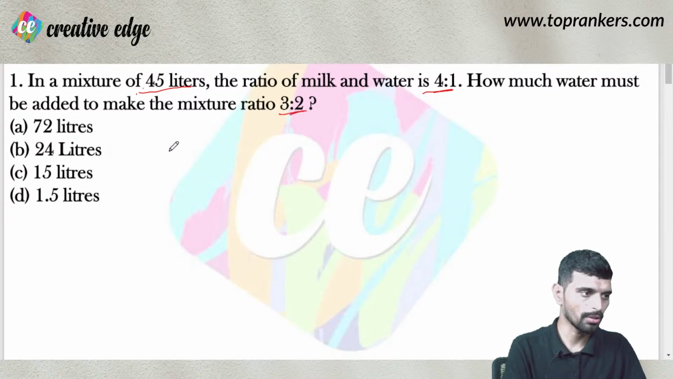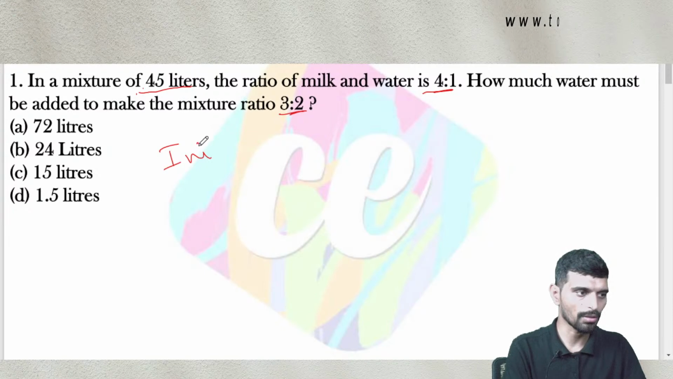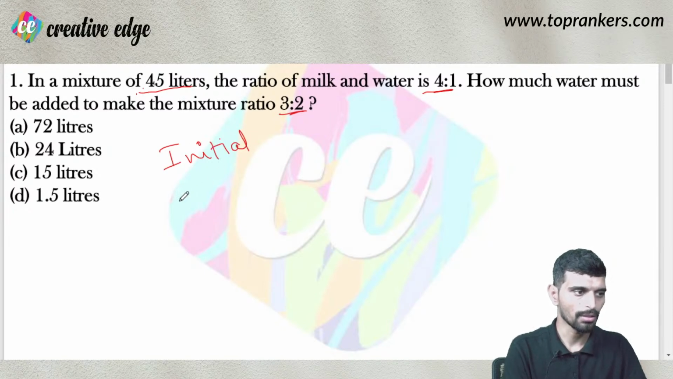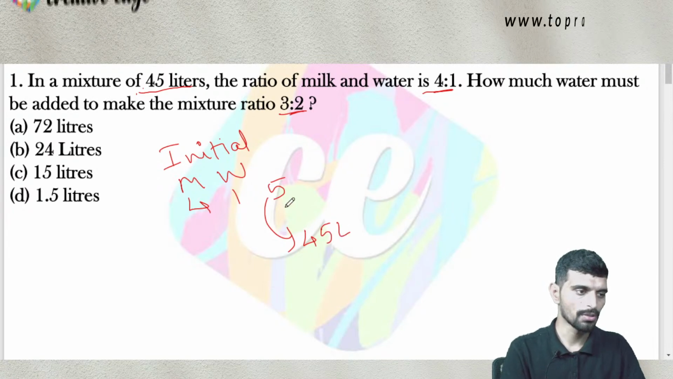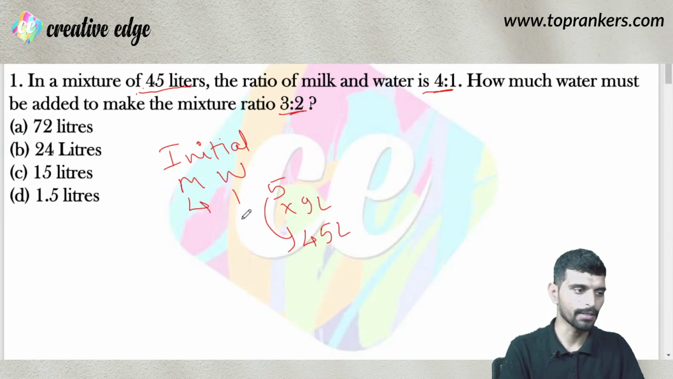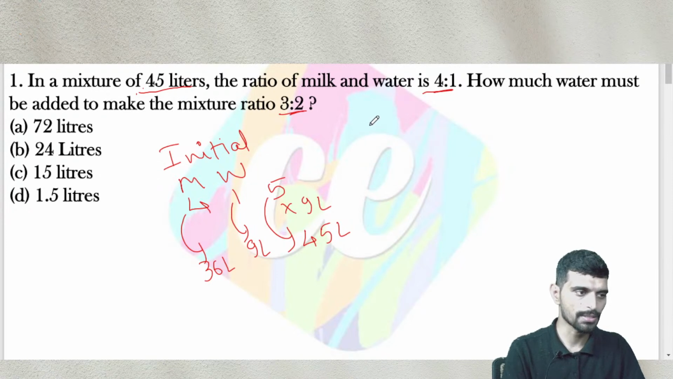Initially milk and water are in the ratio 4:1, and the total quantity on the ratio scale will become 5, and this actual value is 45 liters. So the multiplier will be 9 liters. So it suggests the content of water in the original mixture is 9 liters and milk in the original mixture is 36 liters. But what happens next is